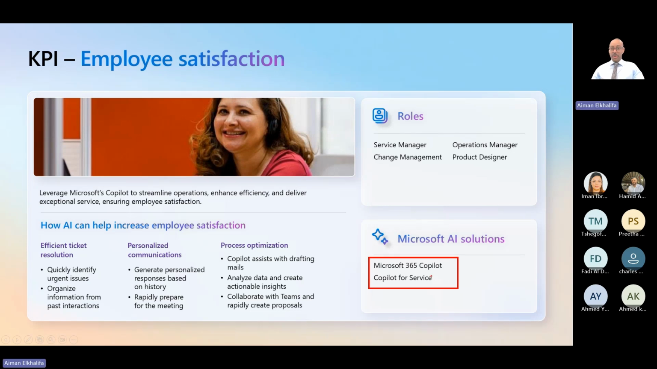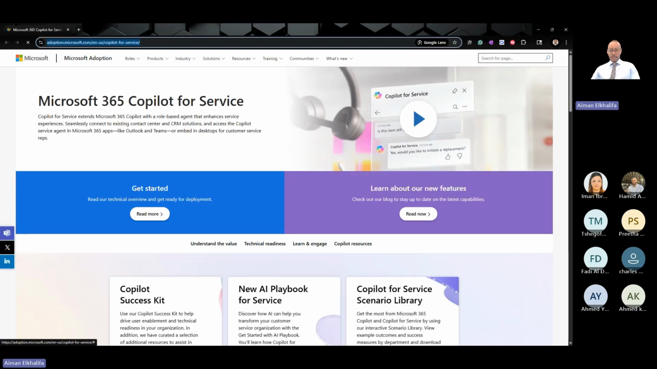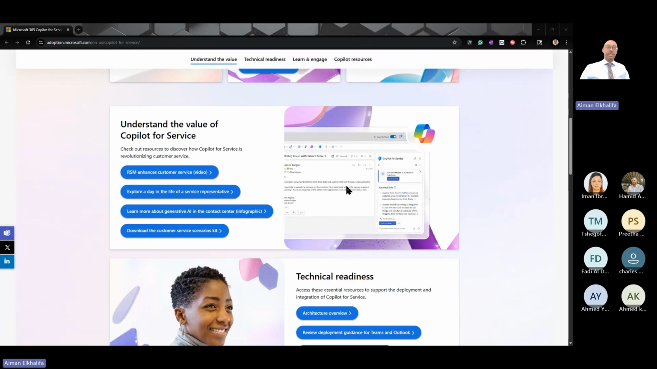Now, I don't think you know what Copilot for Service is. Copilot for Service is a Copilot that, in short, can be attached to your service center or call center. Let me take you to the landing page. It has a different license and a different pricing tier and so on. You need to know the technologies before we delve into the scenarios. So there you go, this is Copilot for Service,